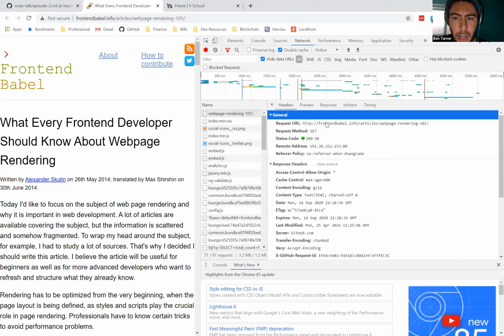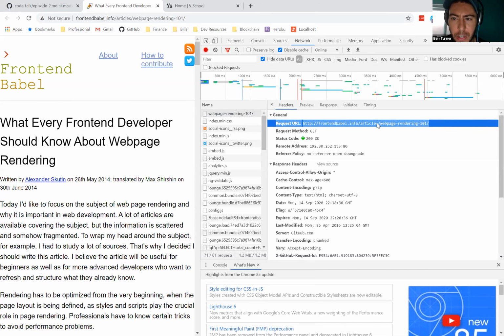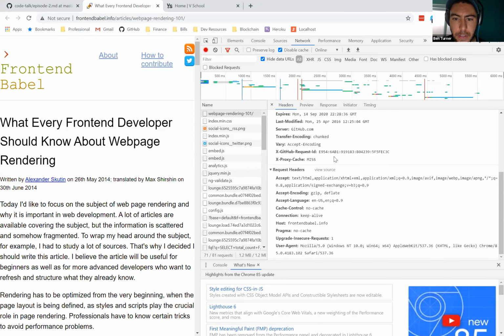We're saying, I want to see the information located at this spot. It's a GET request, meaning we're asking to retrieve information. We're not trying to post information. We're not creating new information. We're just asking for a page. And we don't need to worry too much about the headers and stuff yet. But it's just good to know that these are the things that clarify what we expect from the response. So let's look at what we got back.